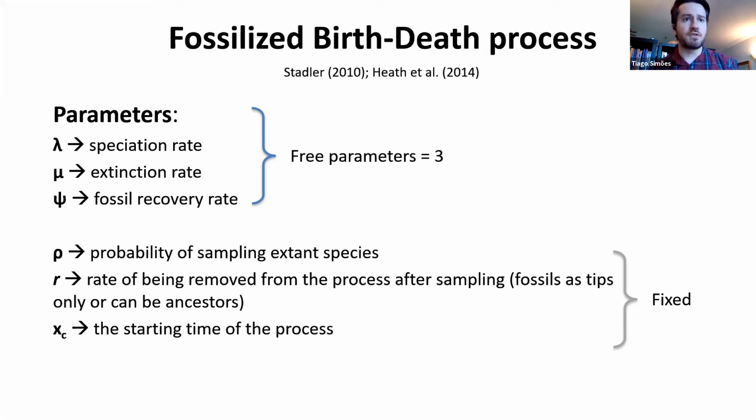that we are not focusing on so much here. Those include the fraction of extant taxa being sampled, if you have any, the probability of being removed from the process, which is essentially an epidemiological parameter that translates to phylogenies as the probability of sampling ancestors or not, and the starting time of the process. And classically, the FBD model assumes those parameters to be all constant throughout the tree in its initial implementation.